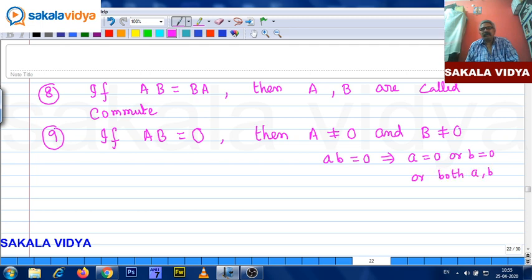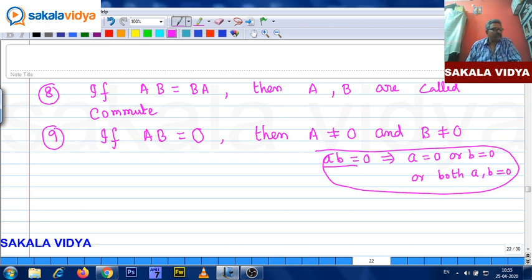This is for real numbers. In matrices that will not hold good. That's why even though A is not a null matrix and B is not a null matrix, their product may be 0. And next thing,